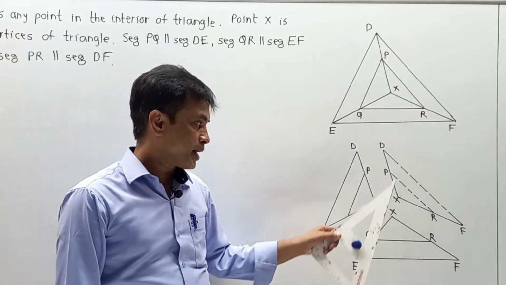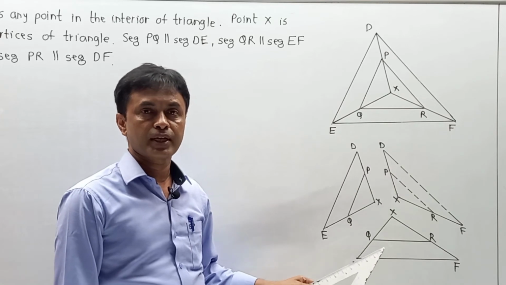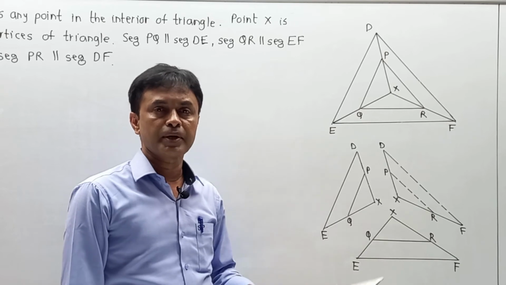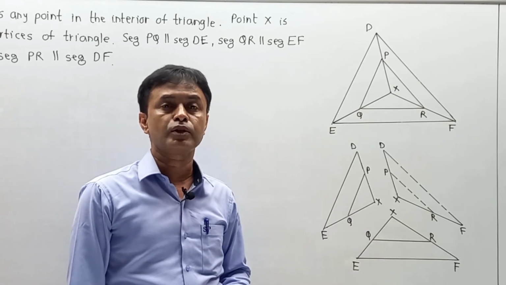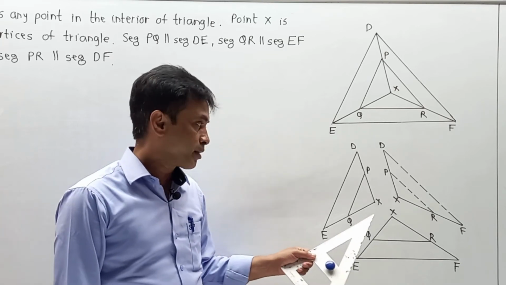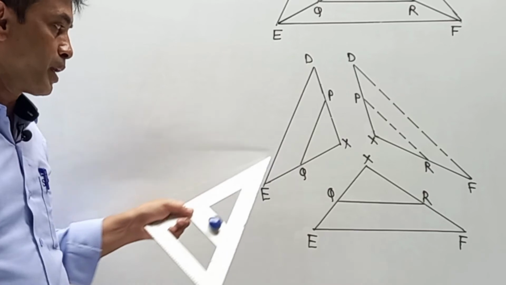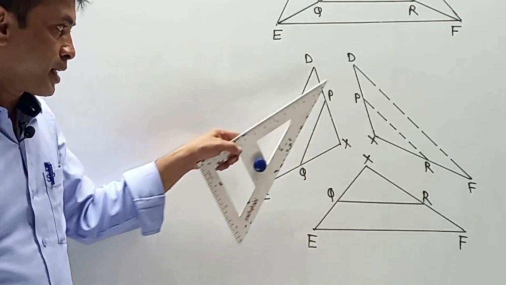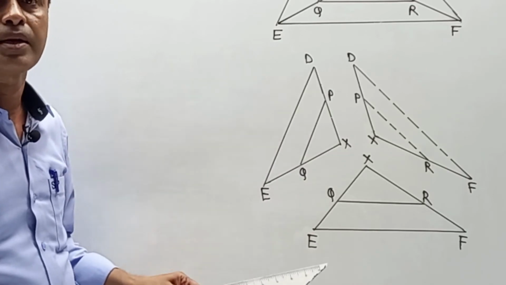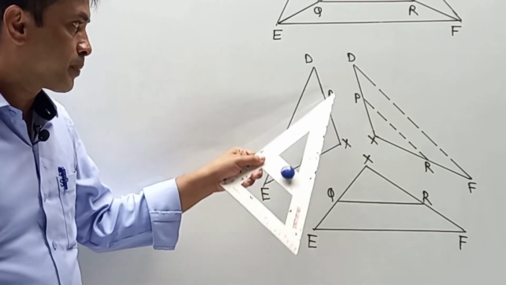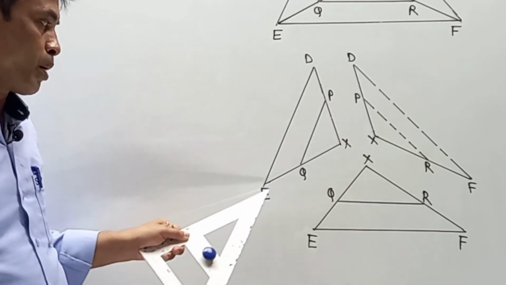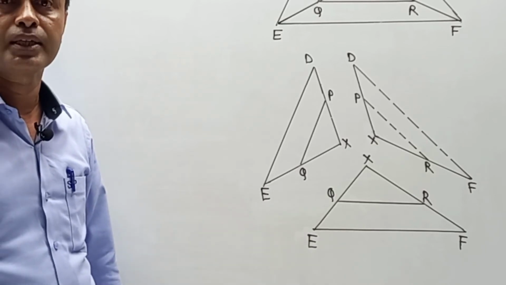Now from this diagram, I have drawn this additional diagram for your proper understanding. What exactly is the conclusion we are getting from this breakup? Remember, whenever you get a complicated diagram, try to convert it into the simplest form so that you can easily understand it. Here they have given first, PQ parallel to DE. Naturally, if a line is parallel to one side and divides the other two sides at distinct points, then it divides them in the same ratio. Means we can write XP upon PD is equal to XQ upon QE by the basic proportionality theorem.